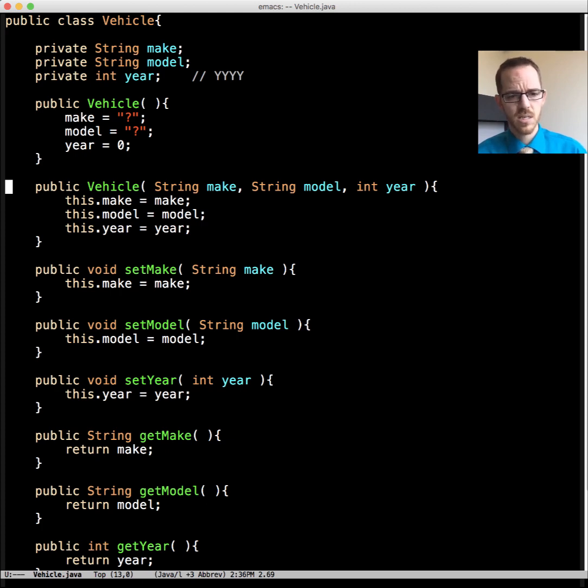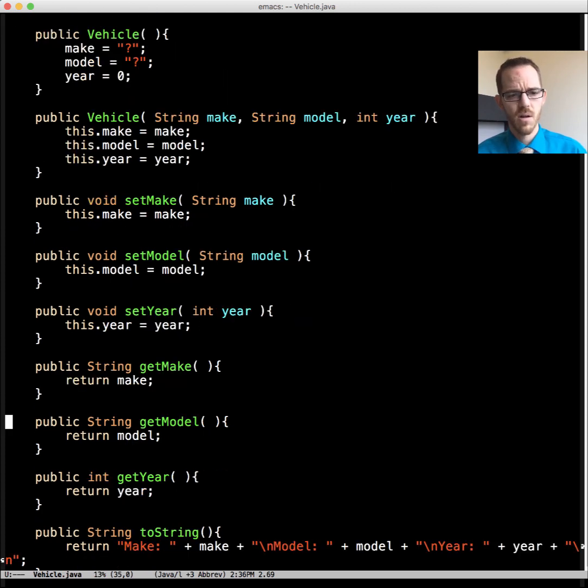Let's also look at some driver code here. Also we have the toString method. That's a special name we'll get into later when we talk about inheritance. But notice it's not changing any of the private data members. Here this is string concatenation, and so this could be an accessor as well. We're getting that information.